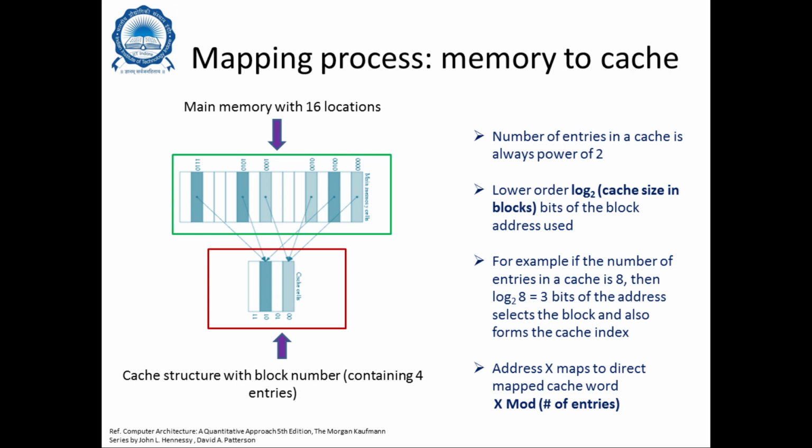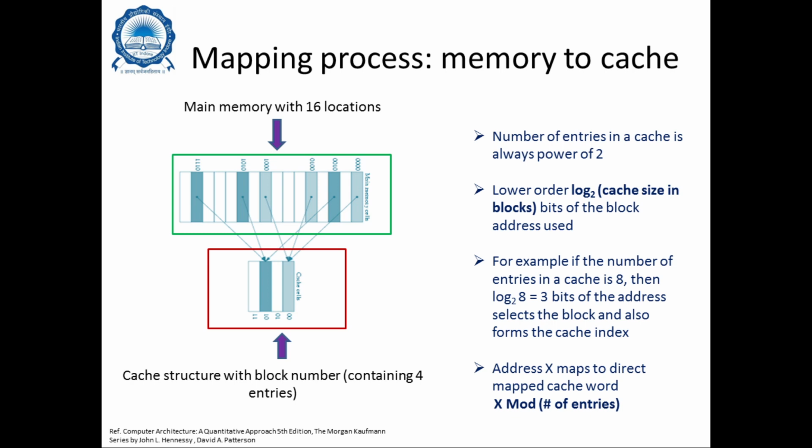Now let us see how a mapping process works from memory to caches. Usually cache memory is a smaller structure than the RAMs, and the number of locations in a cache is always going to be limited compared to the size of the RAM. Therefore, the smaller size is faster, as I had spoken about earlier, and the larger size is slower. RAM is definitely larger in size compared to cache, so it is slower than cache.